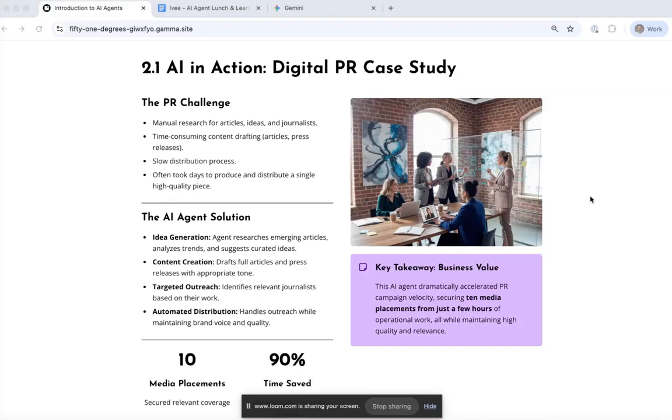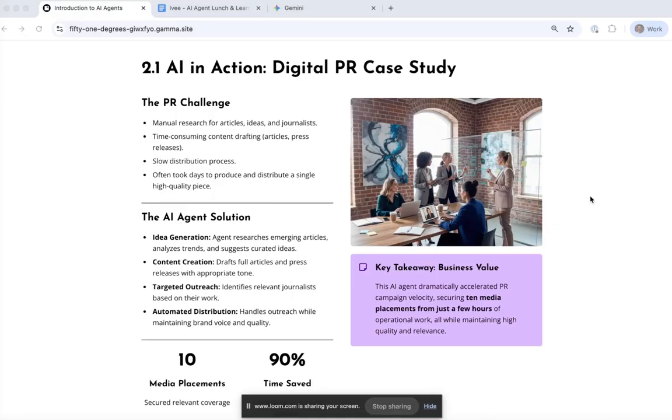So historically, we might have engaged a third party to do that sort of work for us, but it's also just extremely time consuming. There's a lot of manual research needed in order to understand, is this story that we're going to talk about worth talking about? We will then go through a process to properly research the article. Then we'll research the journalists that we're going to send the article to, and then after all of that, we'll start to send it out to the journalists, which in itself is a laborious process.